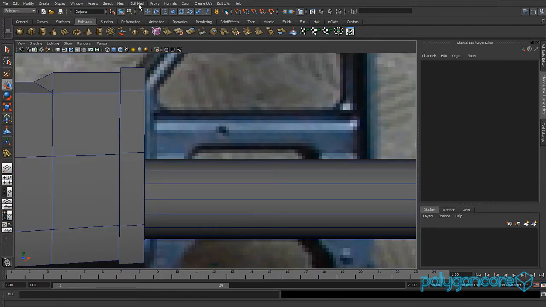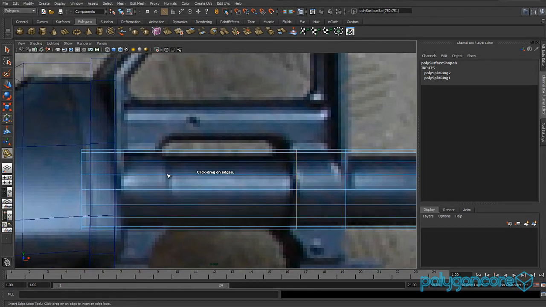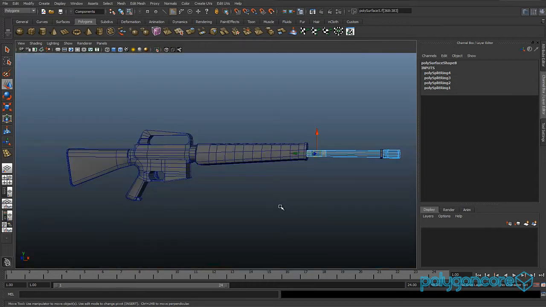So let's get started. What you want to do is go to insert edge loop. I insert an edge loop here, and you want to insert one here as well, and here and here. And now you want to go to face mode and select all the faces here and here, and then you want to